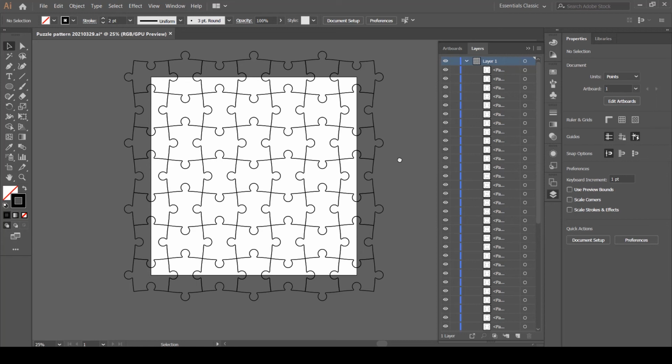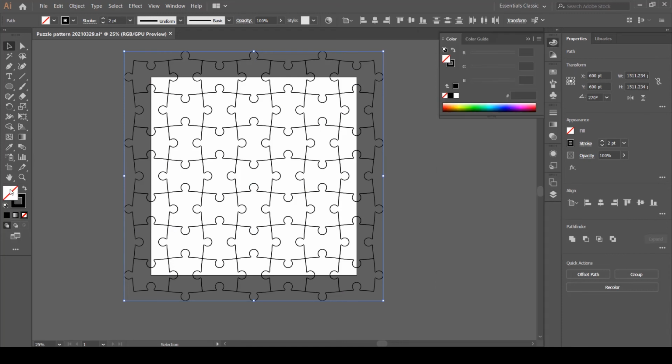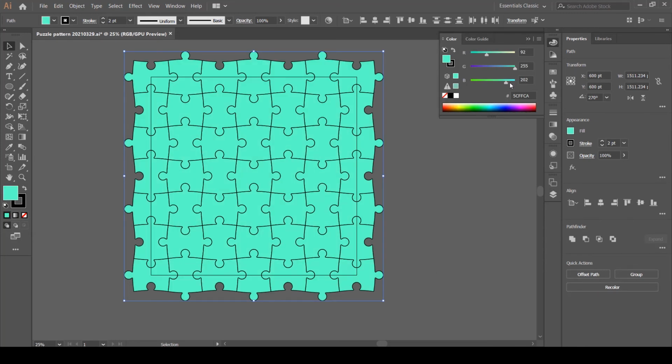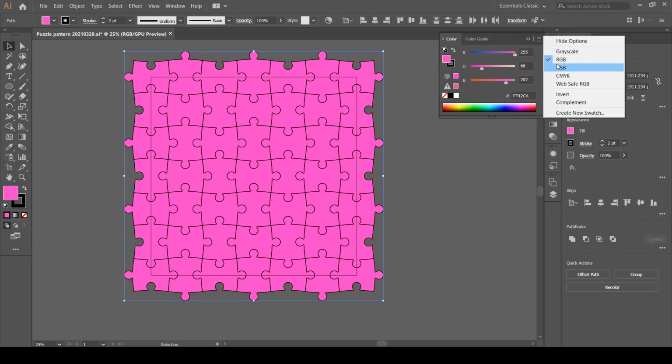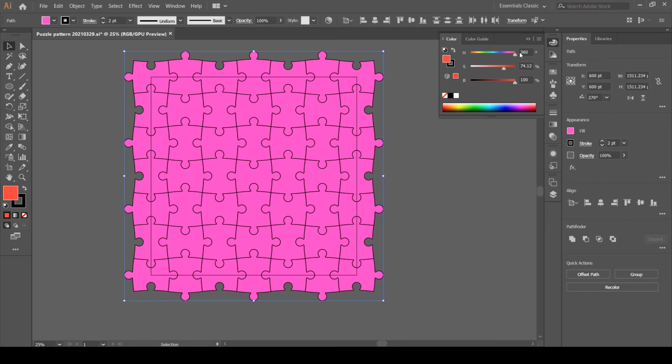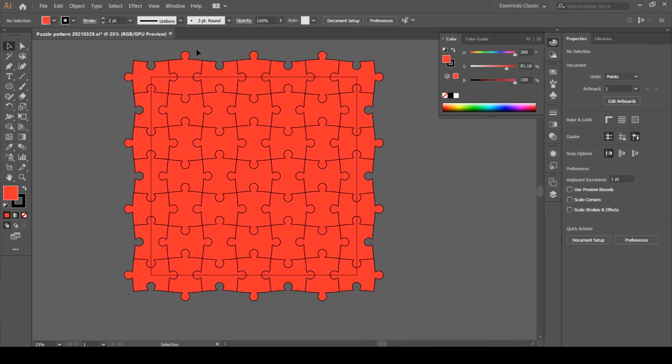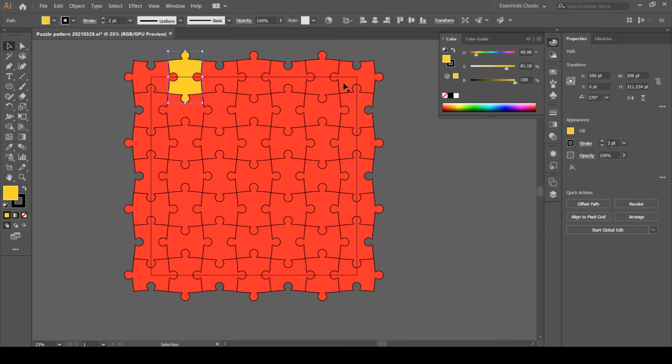We just need to either color it or save it as a swatch. So I'm just going to select all, and maybe color it with some simple color, choose anything. Maybe I'm going to use the HSB slider because that's easy. Okay, now all of these are filled with a single color. We can select any of these and change their colors according to our liking. Maybe make it blue, maybe make it slightly purplish or orangish, something like that.